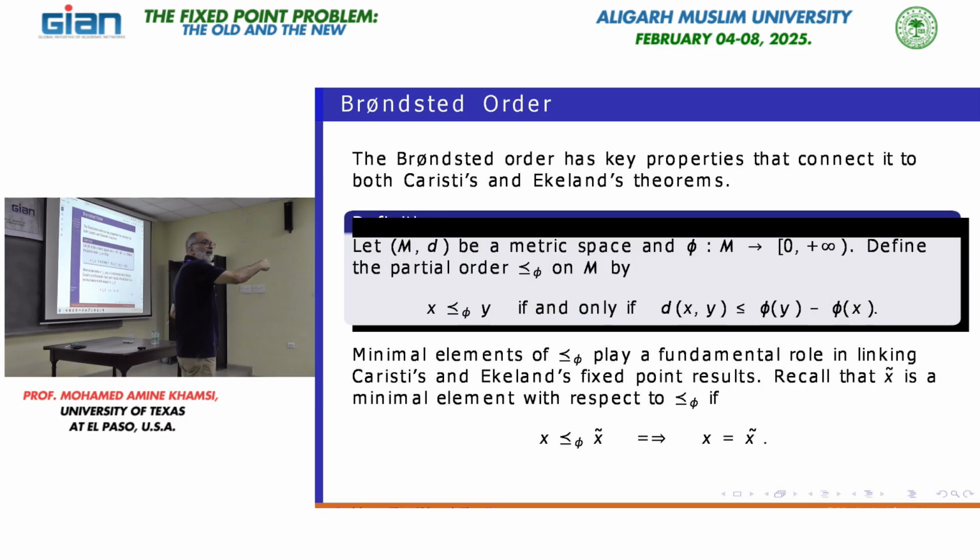Go back to Kirk. What did Kirk ask James? He told him, please try to find another proof to Banach contraction principle. Look at this window or the door that James opened. Hey, why aren't you talking about Ikram? I'll tell you in a second. Give me a second. So he opened the door. Look now where we are. We're looking at this problem from a discrete point of view. We're no longer looking at the problem from a continuum point of view.